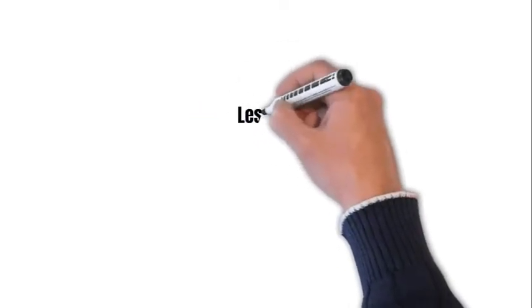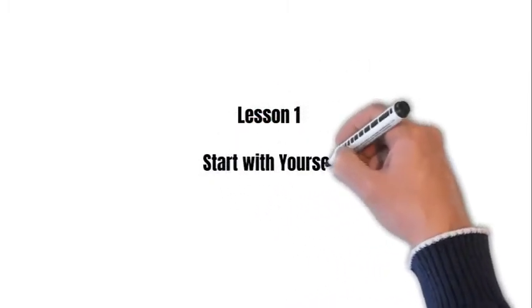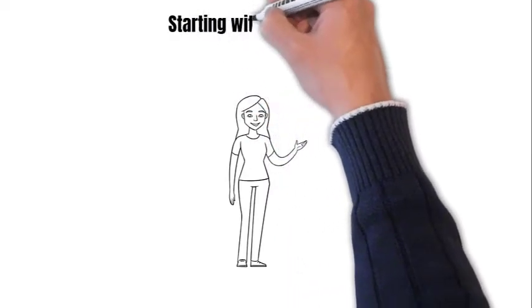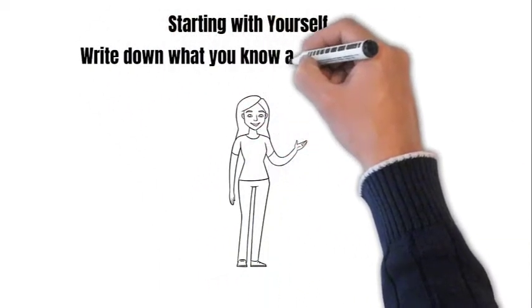So let's get started. Lesson 1. Start with yourself. Starting with yourself, write down everything you know about your family. This can include, but not be limited to,